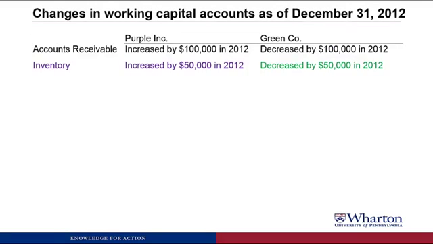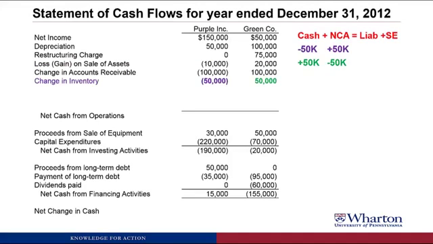Next, purple had an increase in inventory of $50,000. Green had a decrease in inventory of $50,000. So starting with purple, inventory goes up, non-cash asset goes up. We subtract that on the cash flow statement. What must have happened here is purple bought more inventory than they sold, with the amount of inventory they sold represented in net income. For green, their inventory went down, so that's a